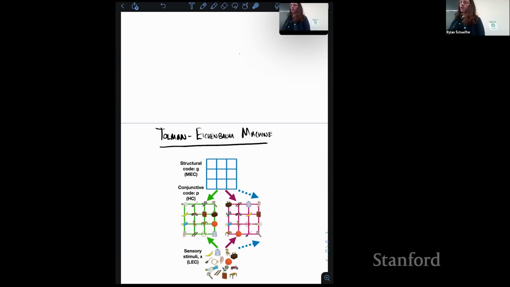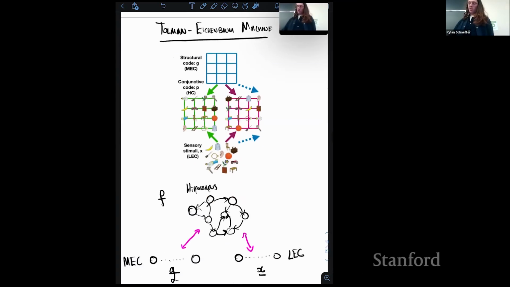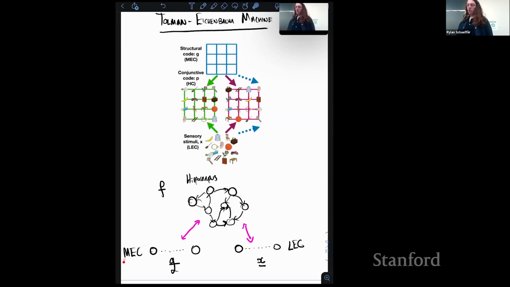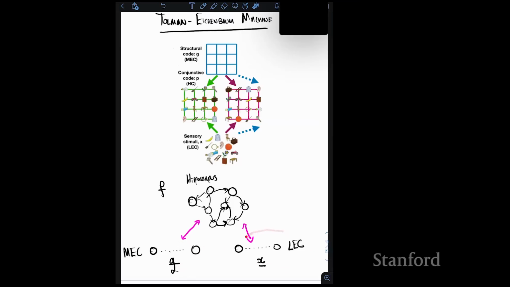You want to try and create something that separates out this 2D structural grid from the actual experiences you're seeing. The mapping to the things I've been showing you is that this grid-like code is actually the grid cells in the medial entorhinal cortex that are somehow abstracting the structure. The lateral entorhinal cortex, which is encoding these semantically meaningful similarities, will be the objects that you're seeing. So it's just like, this is what I'm seeing in the world. And the combination of the two of them will be the hippocampus. So in more diagrams, we've got G, the structural code, the grid code in MEC, and LEC.